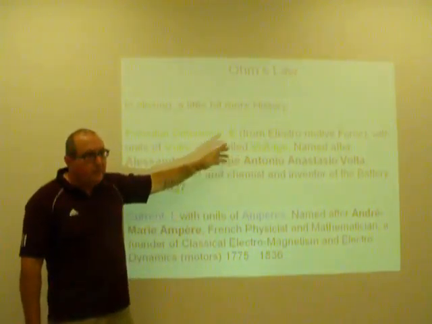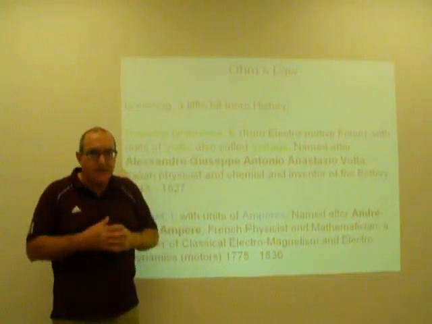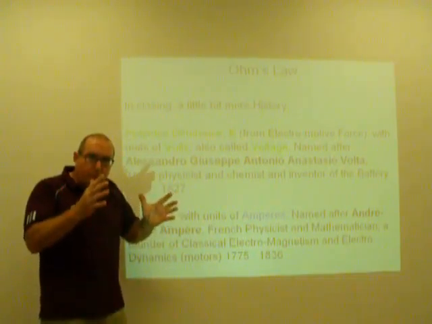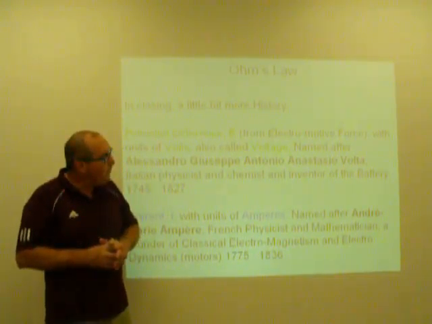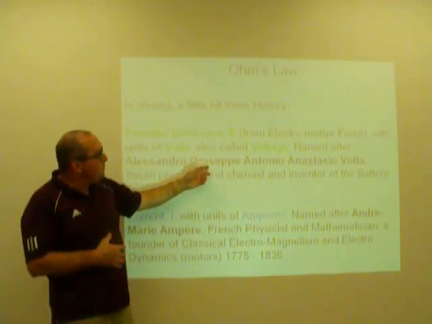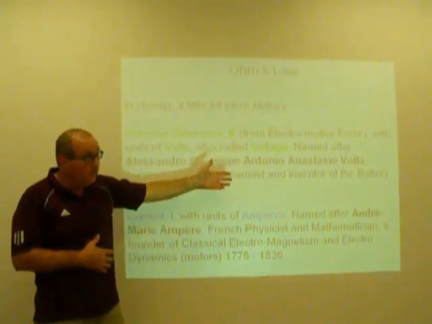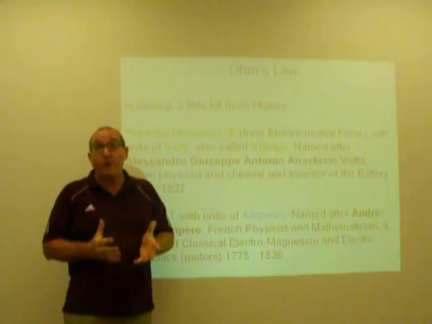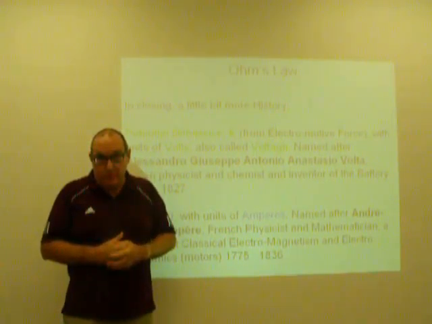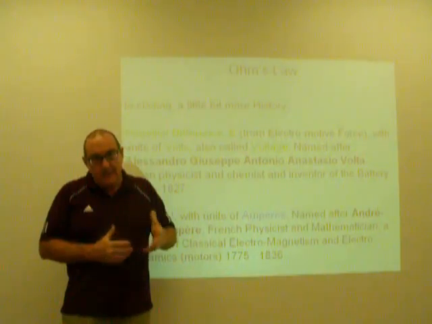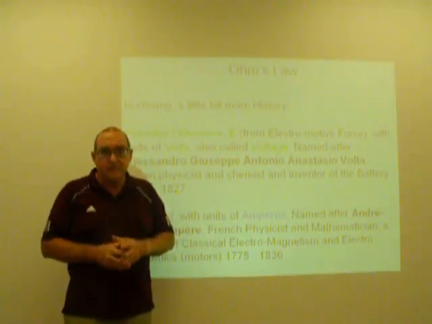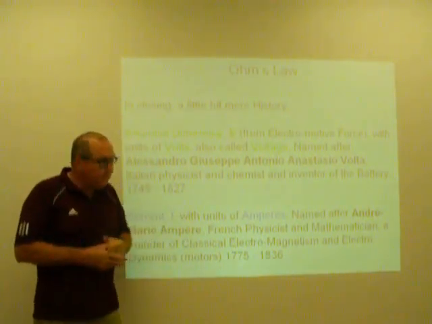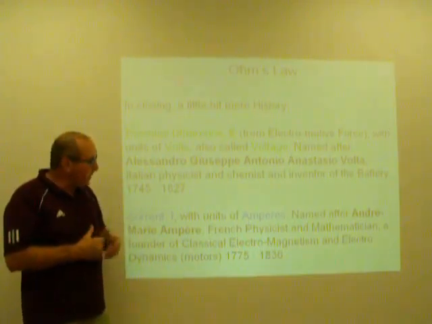Think of that as the pressure behind the electricity that's flowing through the pipe. Current flows. Voltage is a potential difference or a pressure created between 2 points. It's named after Alessandro Giuseppe Antonio Anastasio Volta. One heck of a name, but he's an Italian physicist and chemist. He invented the chemical battery. And so that was a tremendous contribution to all of our efforts. And he lived again in the same general time period as Mr. Ohm and Mr. Watt. And then we have current, or I, with the unit of amperes, named after André Marie